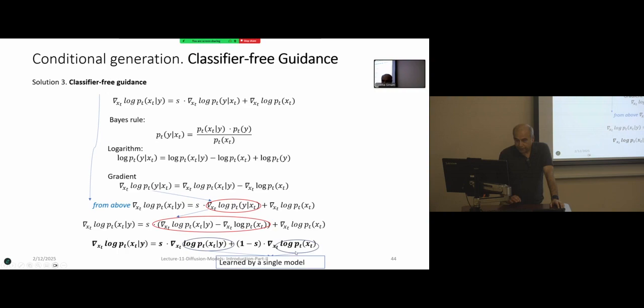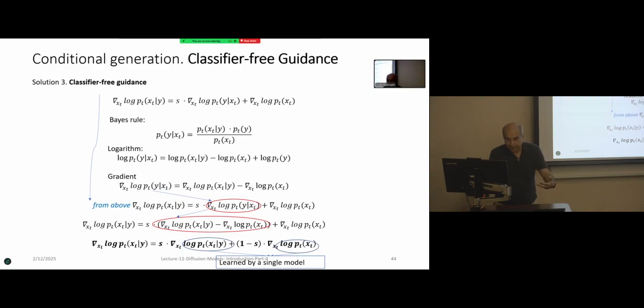So we now have that this is the unconditional generation, and this is the conditional generation, and in this we are given the y, which class we want to generate